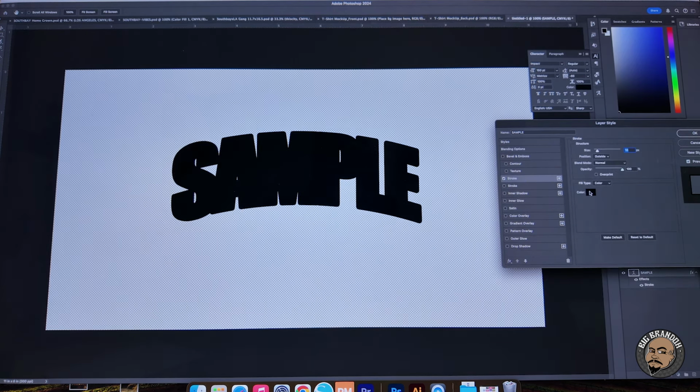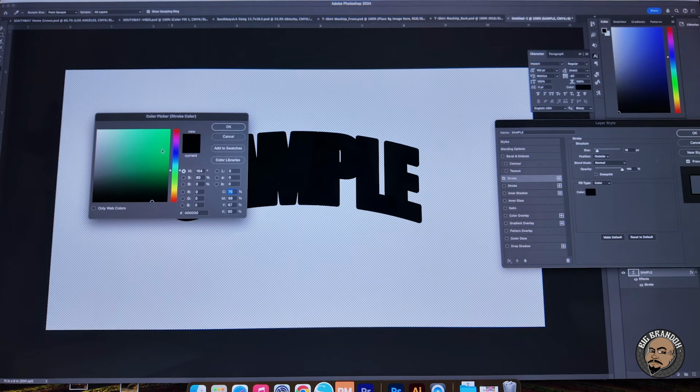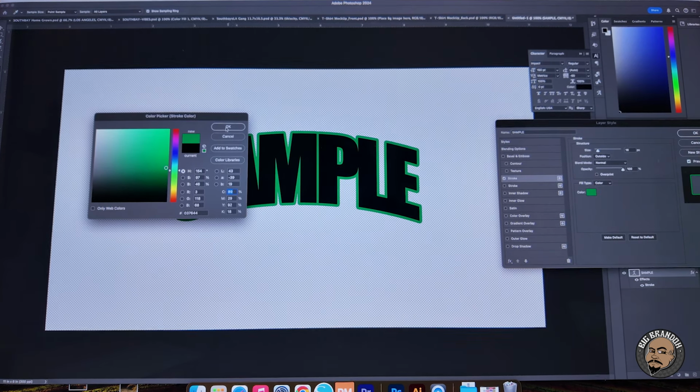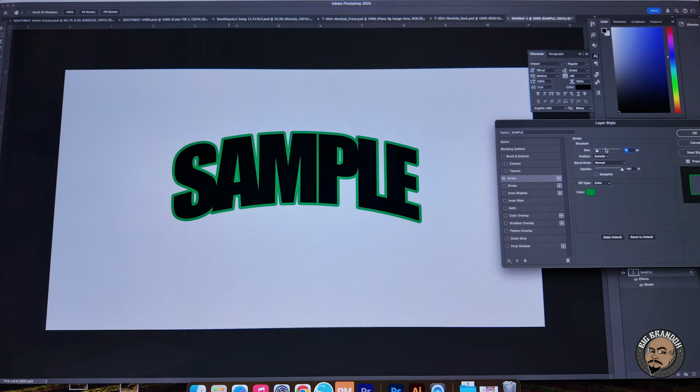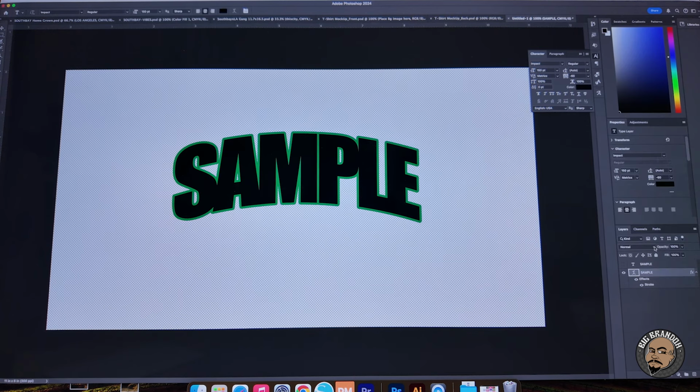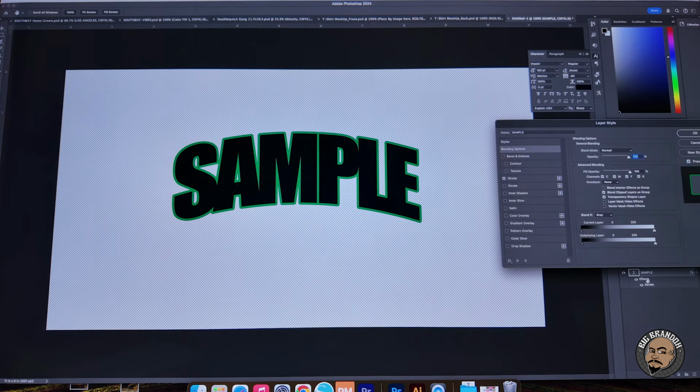Let's change the color and we'll just say green. And we'll make that 15. So that looks cool. There's like a green stroke on there. And then you're like, oh, you know what? Let's add a shadow on here. So you come down here to drop shadow,